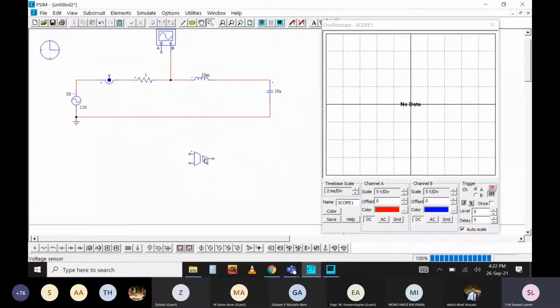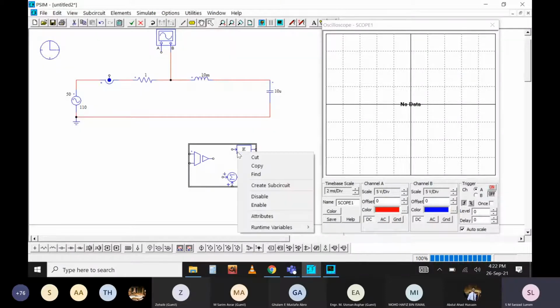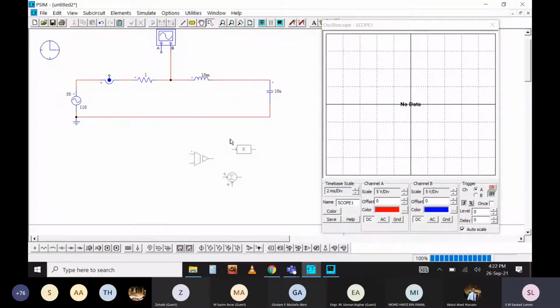Another thing is, say for example, you have brought several items in your circuit for designing purpose, and you are not using it as of now. You just want to run the simulation for now to check. So before that, as these items are not connected as of now, you simply select those and click on the right button and make it disable. So it will not hamper your simulation. Those remain disabled. So this can be followed in any stage of the circuit design.